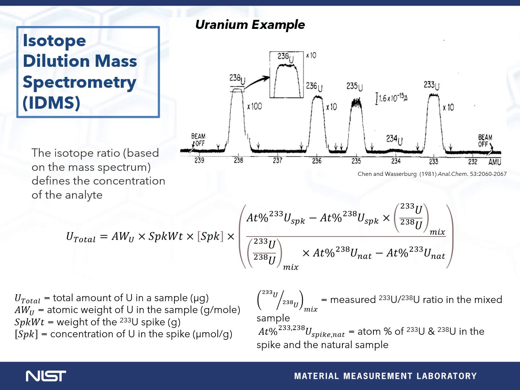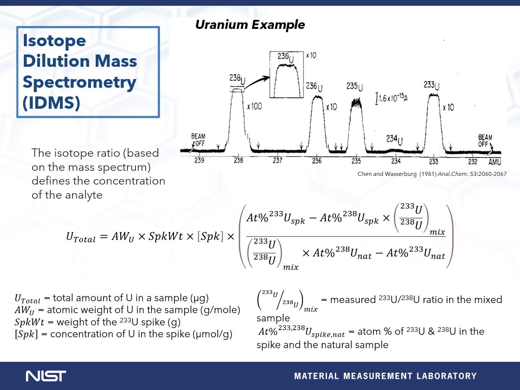The equation here shows an example of the determination of the total amount of uranium in a sample using a uranium-233 spike. In this equation, the uranium total in micrograms is derived from the atomic weight of the uranium in the sample multiplied by the weight of the uranium-233 spike added to the mixed sample and the concentration of the uranium in the spike, all of which is multiplied by the atom percent of uranium-233 in the spike